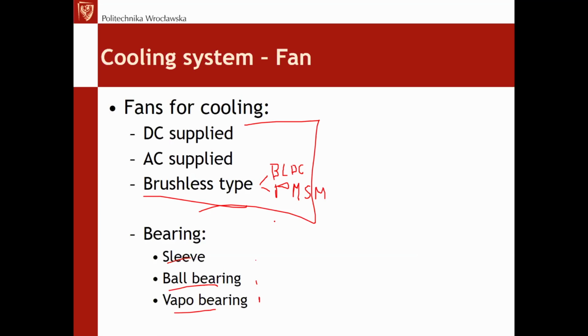What's the reason behind those features? The BLDC and PMSM, so actually the brushless type motors, have a construction very similar to the AC three-phase, not single-phase, but three-phase AC motors. Yet they are designed to be DC supplied. So it's actually sort of a combination of a DC supply with three windings and the brushless construction of